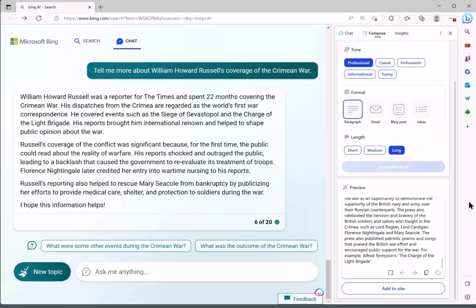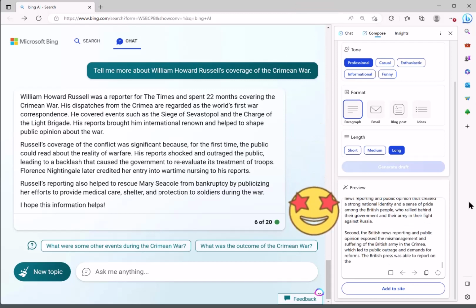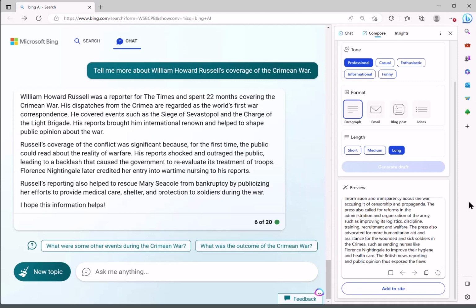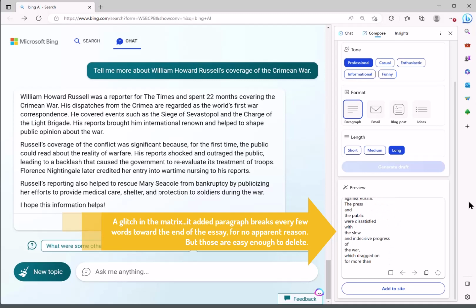You can see Bing does a pretty good job of cranking out what looks to my student self like a nicely detailed, clearly written essay on my topic. Not bad for a few minutes' work. And this is what most teachers are concerned about, that students will find it far too tempting to do this.